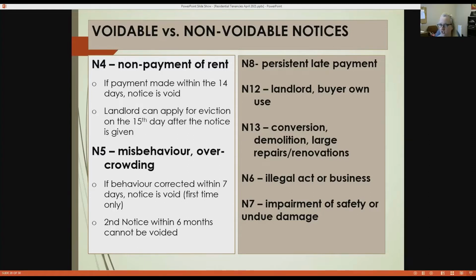So as long as you don't do it again within 7 days or you change your behavior, then that notice is void and the landlord cannot apply for eviction on it. If you don't remedy it within the 7 days, they can apply for eviction. With these,